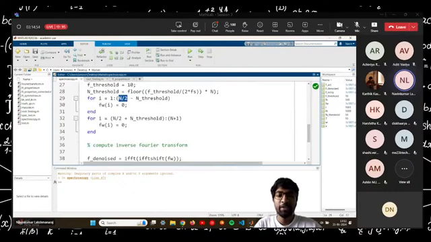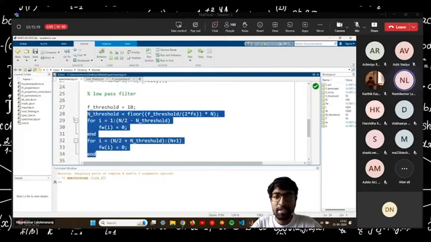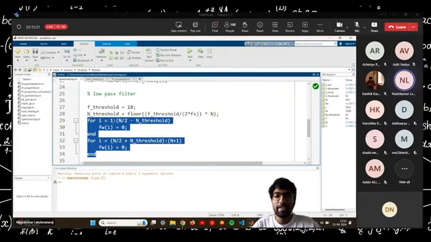That's because when you compute the Fourier transform, what you'll be getting is a list of frequency values from minus f by 2 to f by 2. So the actual 0 frequency will be located in the middle of the list. What you can do is, from the middle of the list, go some 10, calculate the number of points to the right and to the left of the middle, which correspond to 10 Hertz, and you can set the value there to be 0. Now, I do this procedure in this for loop of essentially making all frequencies which are